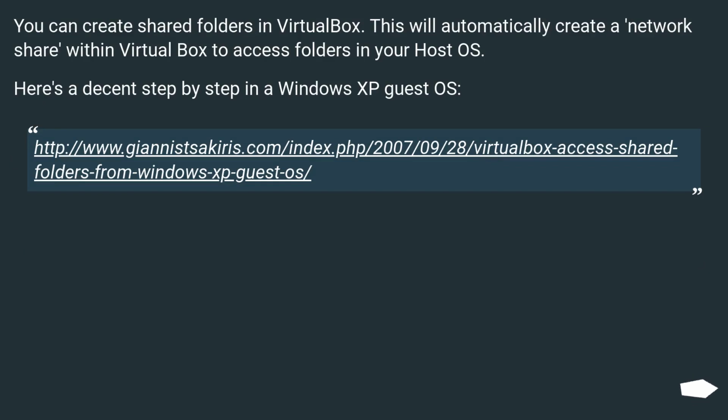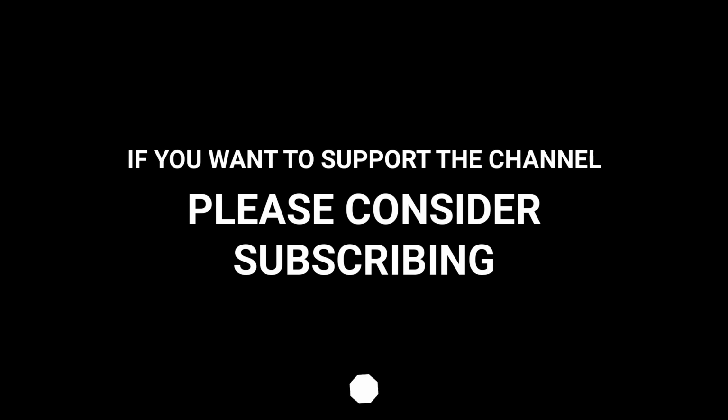You can create shared folders in VirtualBox. This will automatically create a network share within VirtualBox to access folders in your host OS. Here's a decent step-by-step in a Windows XP guest OS. This URL. If you want to share